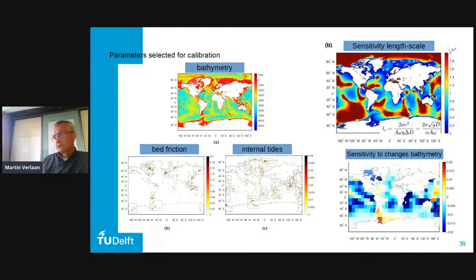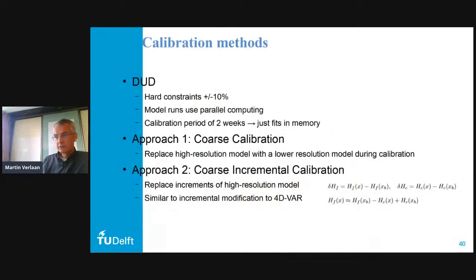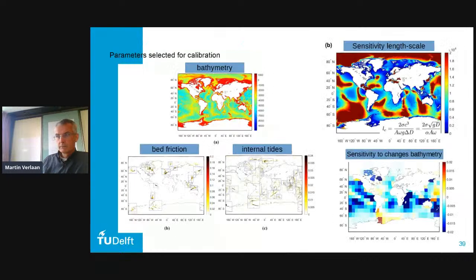The basic setup is the same as in the regional model. So the parameters that we'd like to tune are still bathymetry. And now we have 2 types of friction, but that's not crucial for now. You can see that the bed friction, lower left, is localized in shallow areas with large tides. And there's another type of friction which is not so localized, is also a bit localized, but not necessarily close